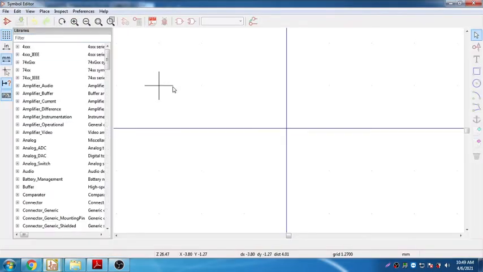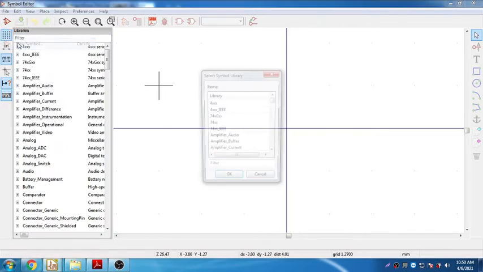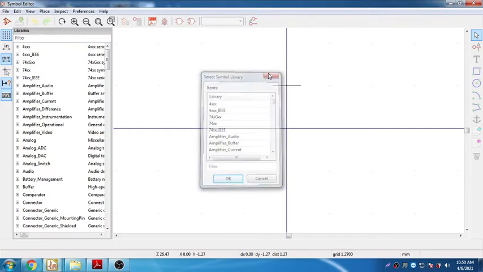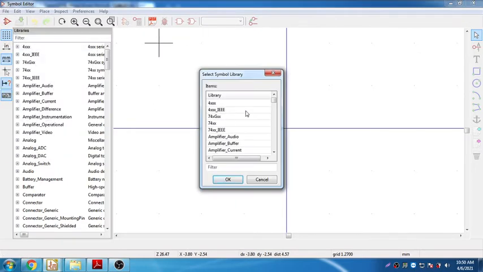So it will load the libraries of all the components in this KiCad. To design a required component, we need to create a new symbol. So you can create a new symbol. Click on the symbol, new symbol. I'll just do file, new symbol, and it will ask in which library you want to create your